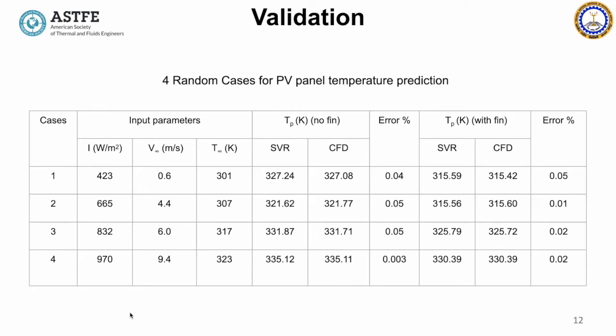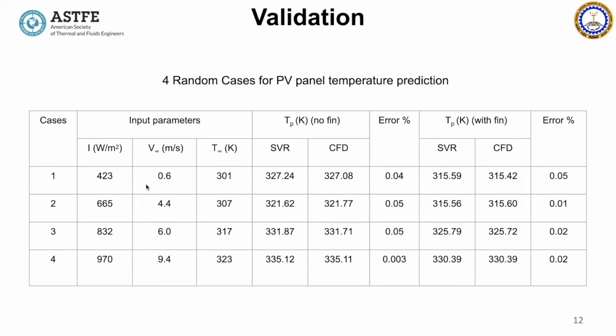Validation. The trained SVR model for panel surface temperature prediction was tested for validation at 4 different random cases. As we can see, the SVR panel temperature model has a maximum error of only 0.05%, and in case 1 irradiance was 423 watt per meter square, wind velocity was selected as 0.6 meter per second and ambient temperature